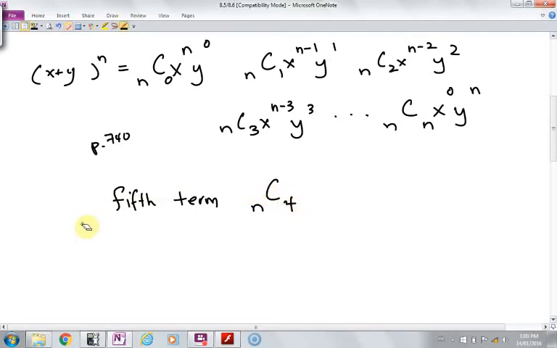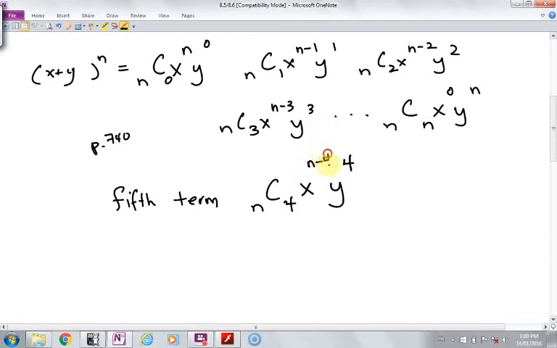If I wanted the fifth term in Pascal's triangle, I need to have a 4 here, okay? And I'm going to have x to the power of what? What's x going to be to the power of? All right, how about this one? What's y going to be to the power of? Not 5, but close. Y is going to be to the power of 4, and x is going to be to the power of